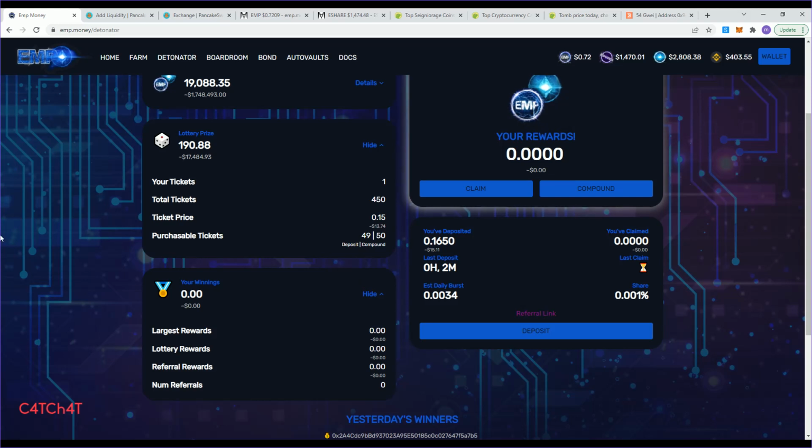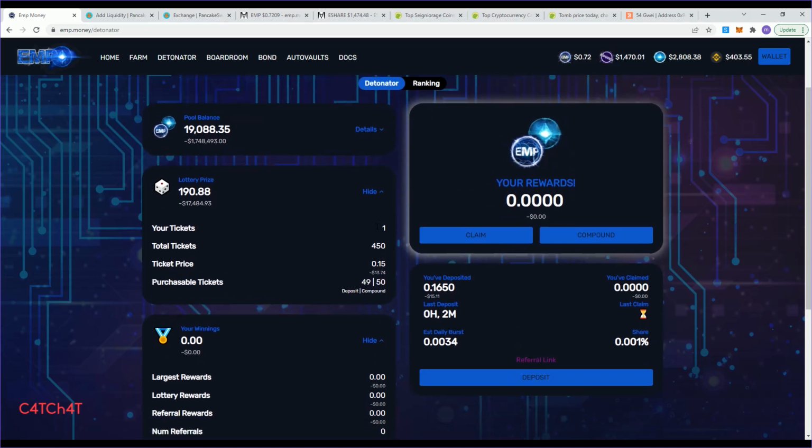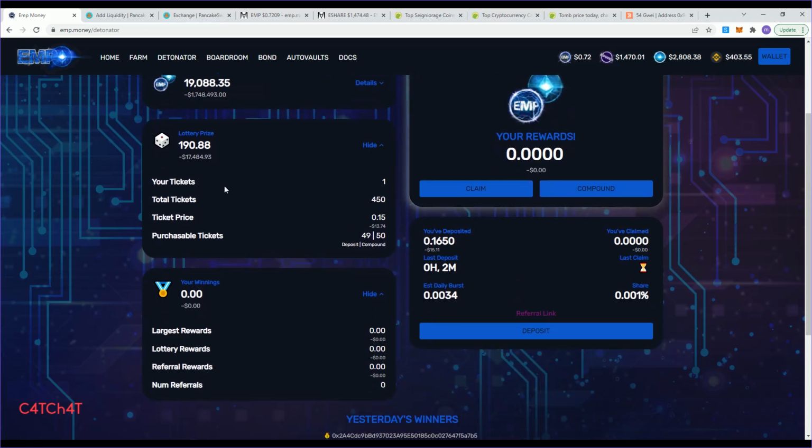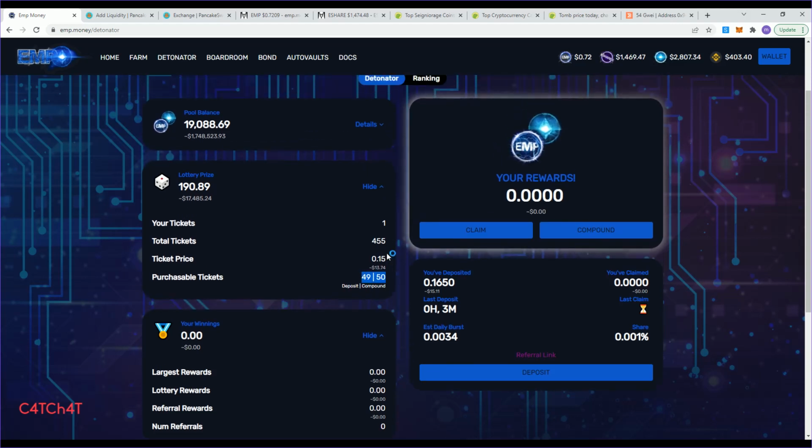So also, over here on this lottery section, you can see 49 and 50. What does that mean? You have a maximum entry of 100 tickets every day.